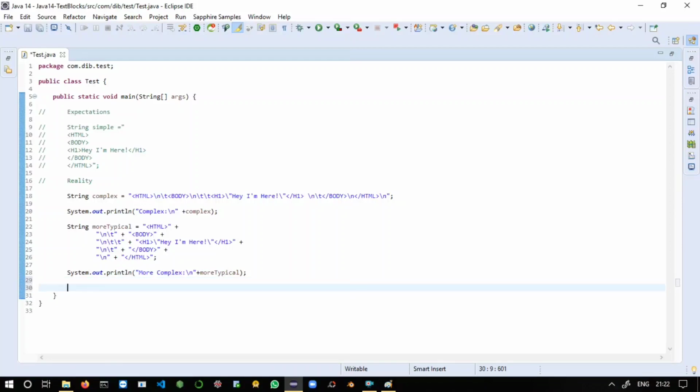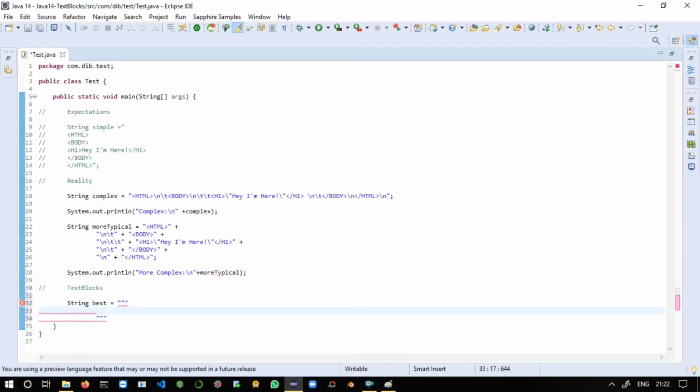14. Here you can say text blocks. Just comment it. You can say here String best equals, start with 3 double quotes, just press enter, and end with the semicolon. Here in between this gap you can write your message.